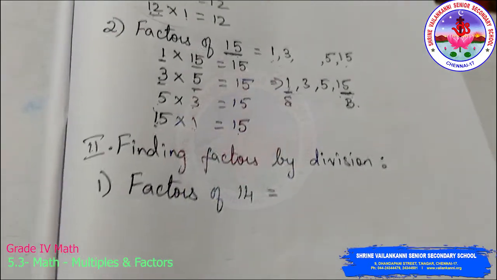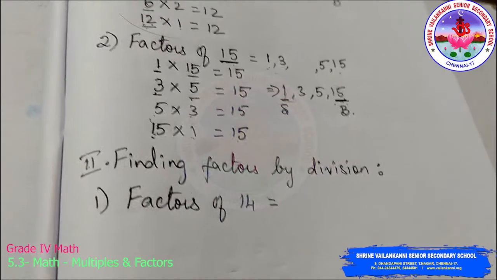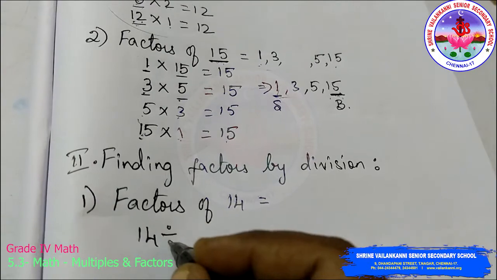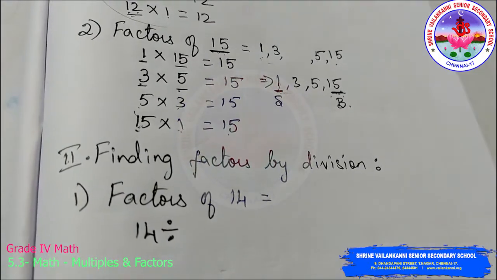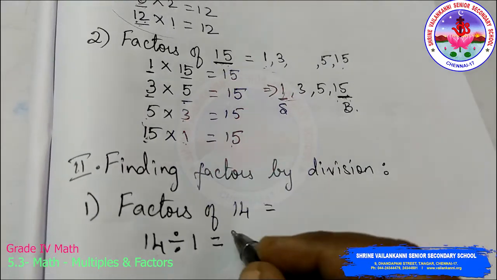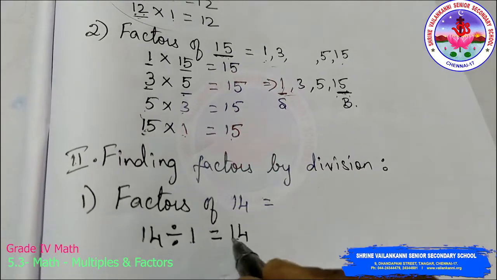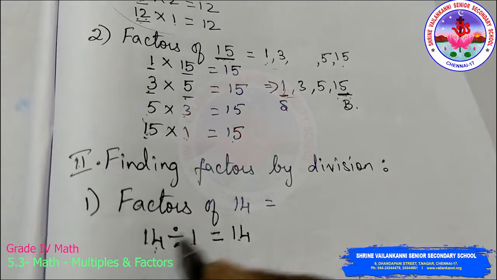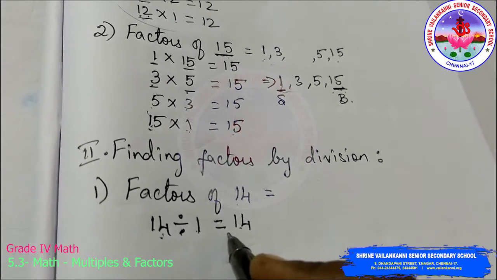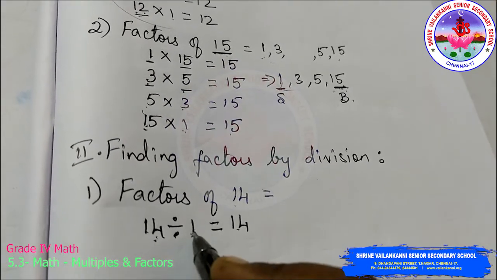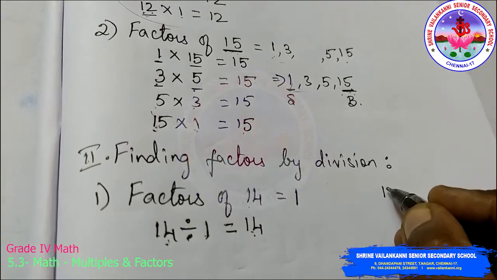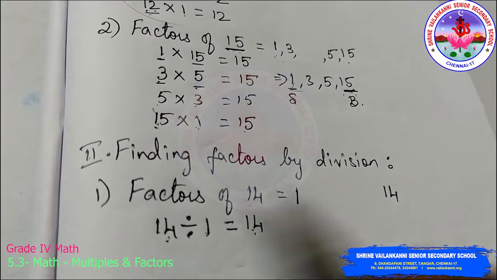Next we will see how to find the factors by the division concept. In the same way, if you take 14, it can be divided by the 1 table. Yes, how many times? 14 times. 1 14s are 14. If we divide this 14 by 1, here also I am starting with number 1. How many times will 14 come in the 1 table? 14 times. So 1 14. Okay, next the 2 table.